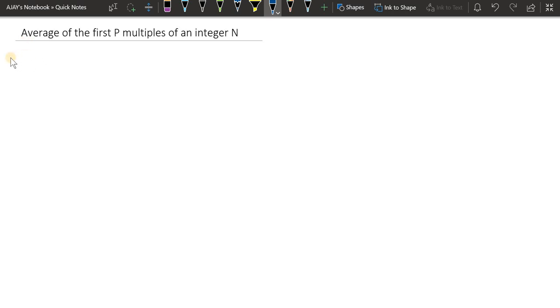First, let's discuss approach 1. I'm using Python syntax to explain the approach here for now. As per the syntax, we'll first take the input of n, then p, then we need to find the average of it. So I'll just take a loop here, for i in range of